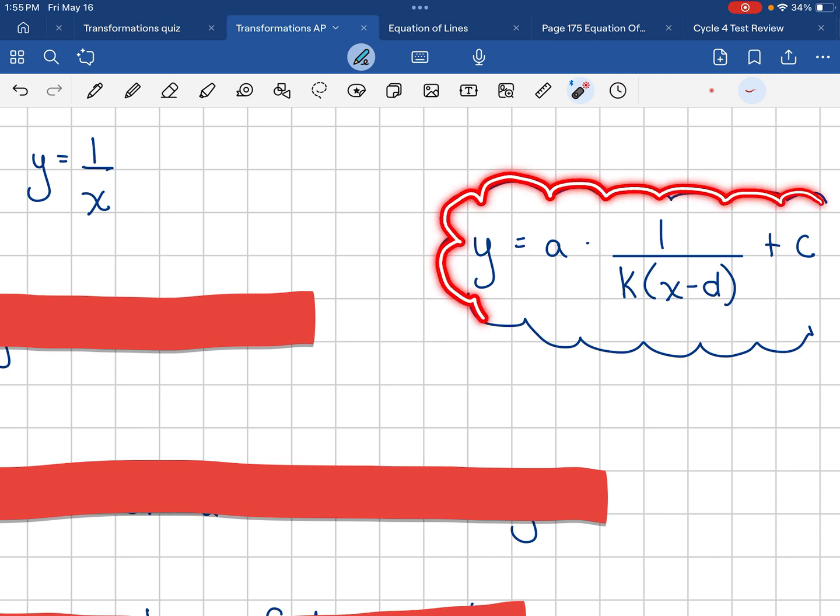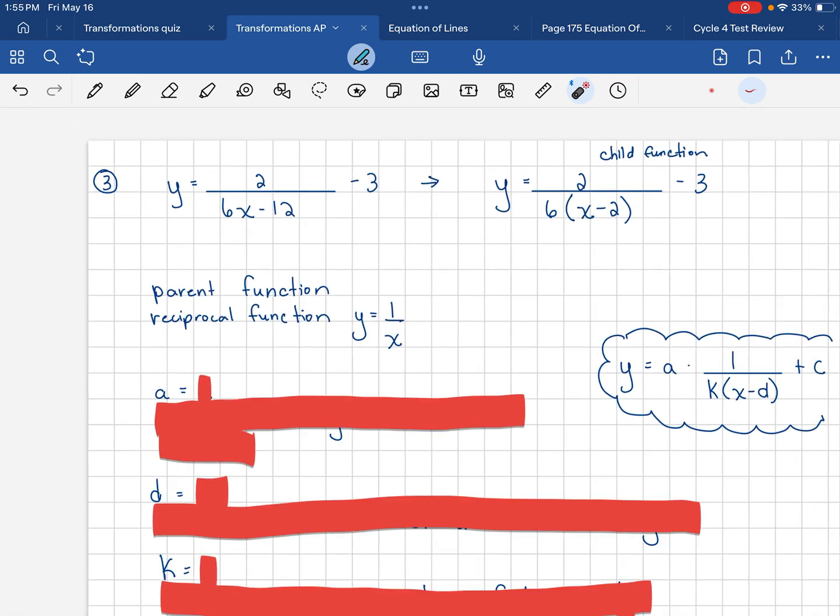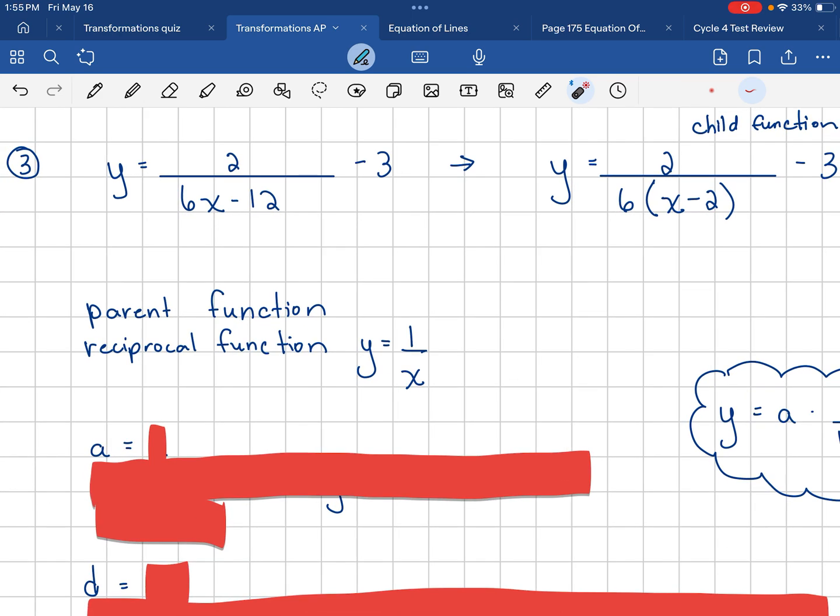where A is your vertical stretch or compression, K is your horizontal stretch or compression, D is your horizontal translation, and C is your vertical translation. So we need to analyze the equation I gave you up here to be able to make this work. So what I've gone ahead and done, and maybe I'll just erase this and do this with you, is